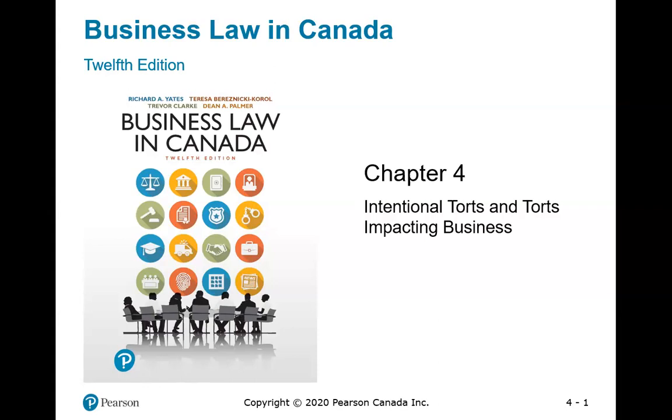What else? Well, we saw several details on the litigation process. I told you that you don't need to focus on the details, but at least know some of the names and understand the procedure. We also saw class actions, and we ended the lecture looking at regulatory bodies and administrative tribunals. The easiest example for an administrative tribunal would be the Human Rights Tribunal. For a regulatory body, it could be the municipality, Health Canada, or the Patent Office. So I gave you some examples.